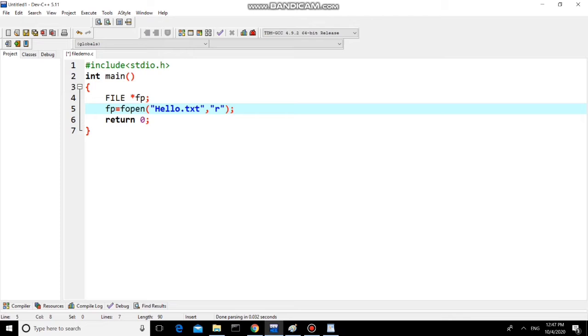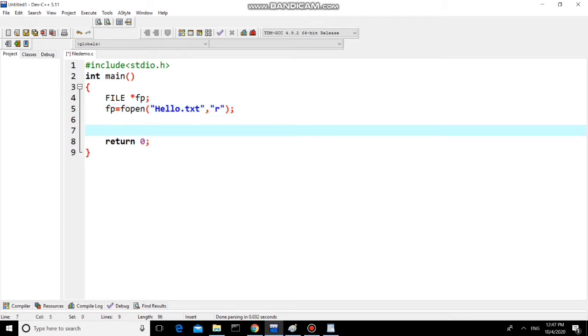So my file pointer is also pointing to hello.txt. Now, if in any case the fopen function fails to open hello.txt in read mode, then fopen will return the NULL macro.